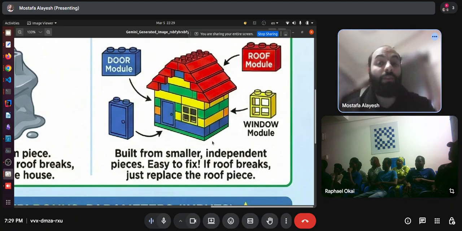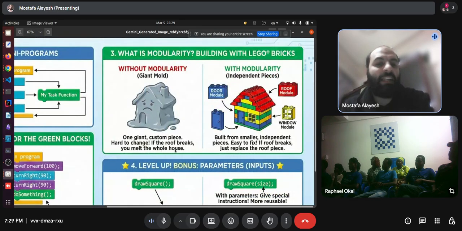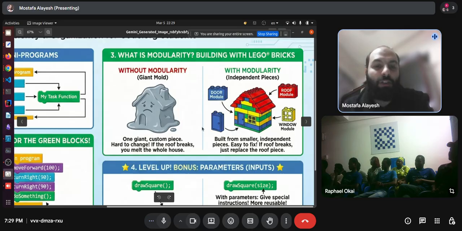You can change the roof alone. You can change the door. You don't have to change everything to change the door, right? So this is what's called modularity, and it's everywhere in engineering, and in software engineering it's not an exception. It's called modularity, and